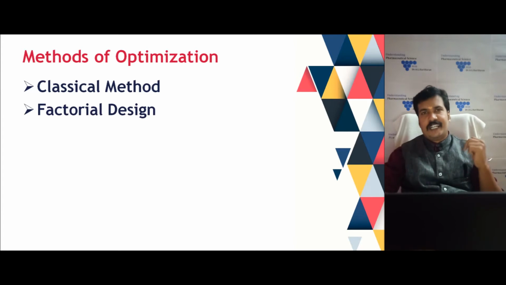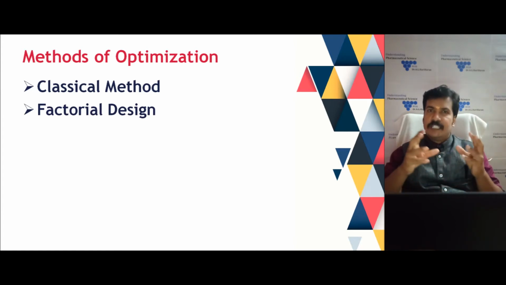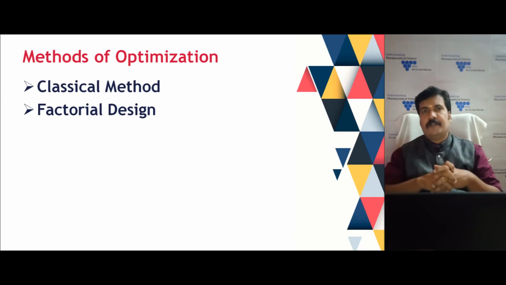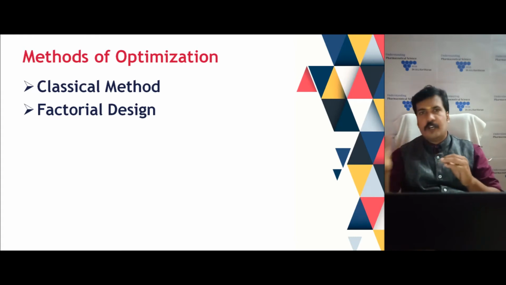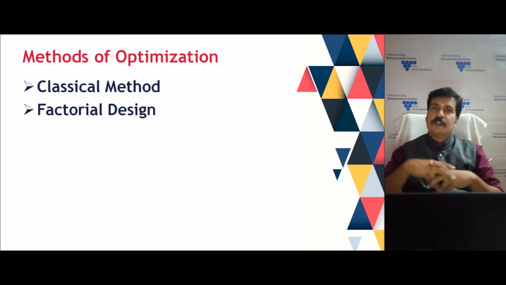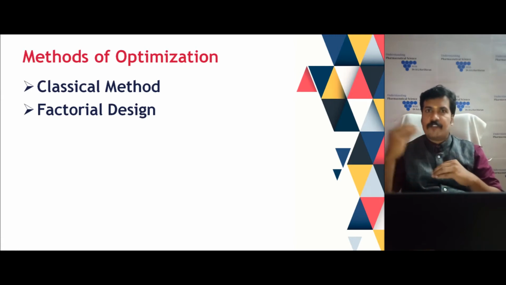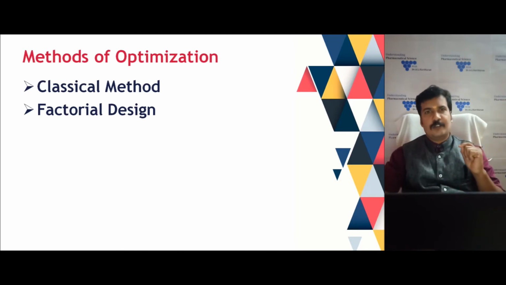The second technique is the factorial design. In this, if there is a least number of variables, we can do the factorial design. For example, if you want to optimize carbon and nitrogen source with 2 or 3 different levels, we can easily do it with a factorial design. Once the levels as well as the number of variables increase, this factorial design becomes difficult. It is not easy to perform.